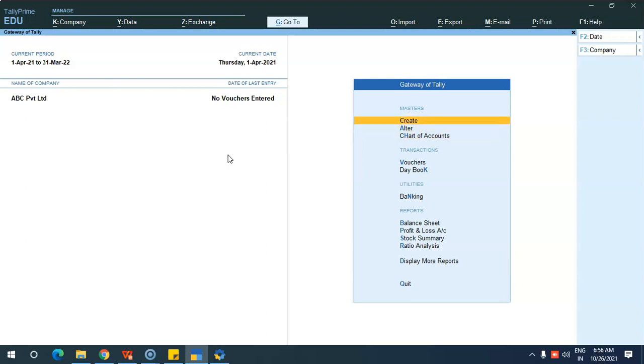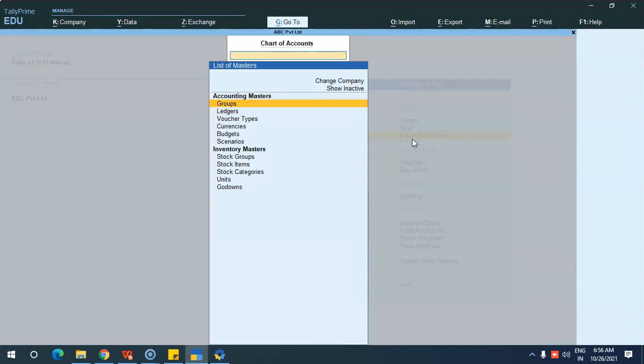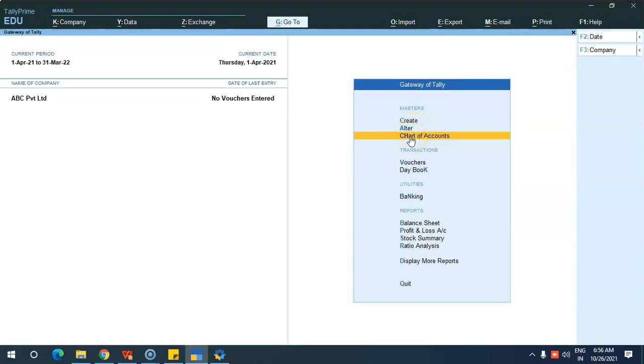So I'm going to create masters here. For creating masters, you can click on create under masters. Whatever you are creating here will be added in your chart of accounts. If you want to have a complete view of what the company is, you can just view the chart of accounts. Through the chart of accounts, you can easily find out what the company actually does. It shows all your creditors, it shows what fixed assets you have. All of those will be completely viewed in a single sheet of chart of accounts. So that is the chart of accounts.